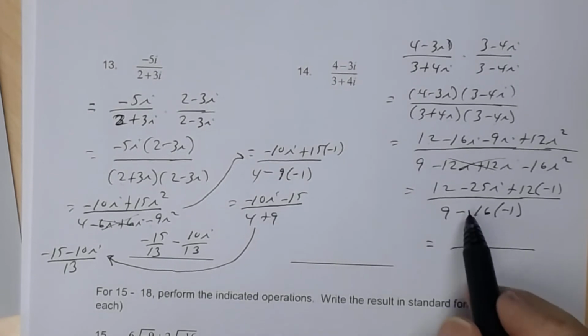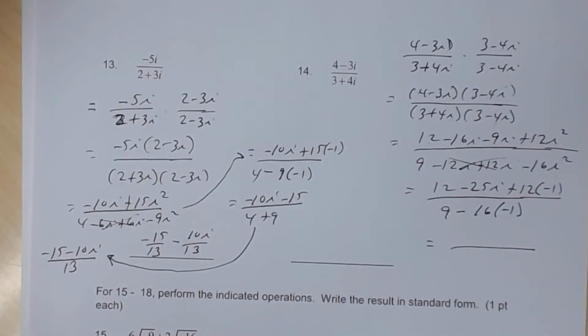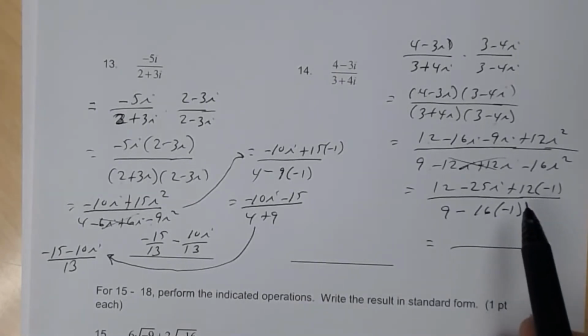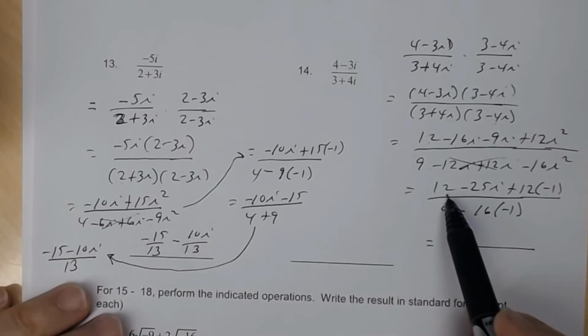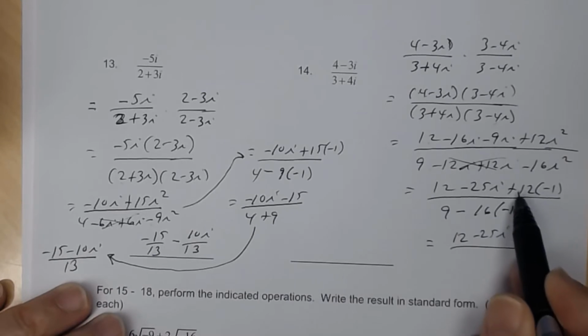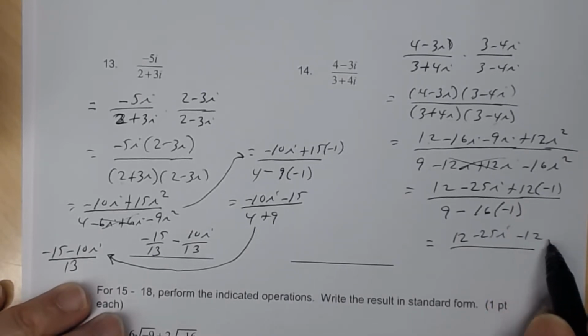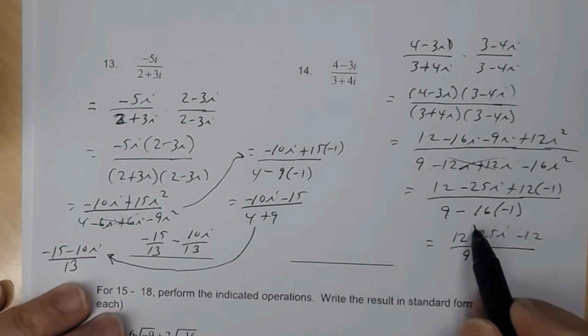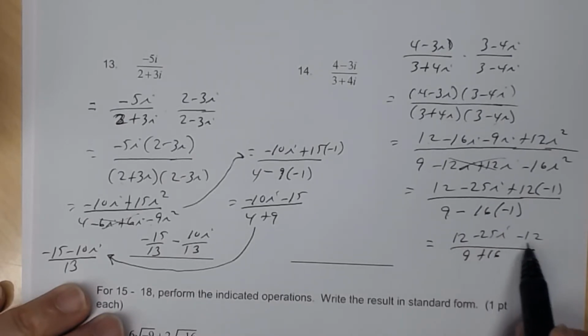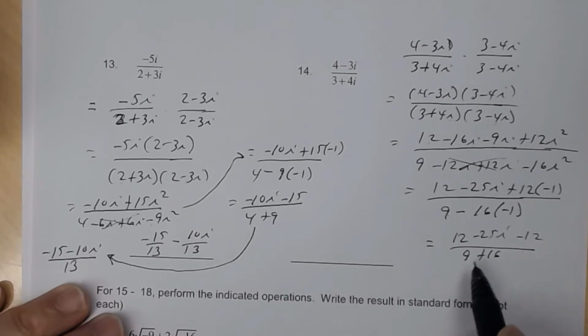So then in the numerator, I have 12 minus 25i, and then a 12 times a negative 1 is a negative 12, divided by, and this becomes 9. A negative 16 times a negative 1 is a positive 16. So then notice that the constant terms up here combine to be 0. 12 subtract 12 is 0. So you're just left with the negative 25i in the numerator, and the denominator is just 9 plus 16, which